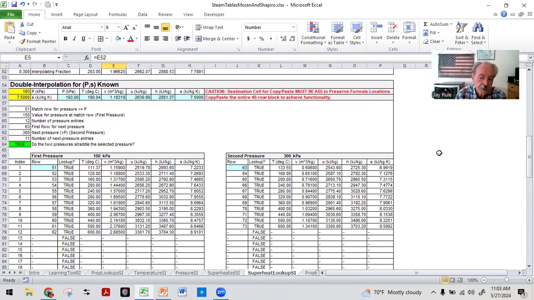Now I've got something similar for you. You may not have gotten to this in your class yet, but there will be times where you're not given pressure and temperature and you know you have a superheated vapor. There can be times where you're given pressure and the property entropy, S. Very common that we engineers are given pressure and entropy, and we have to figure out the other properties. Well, I've done the same setup